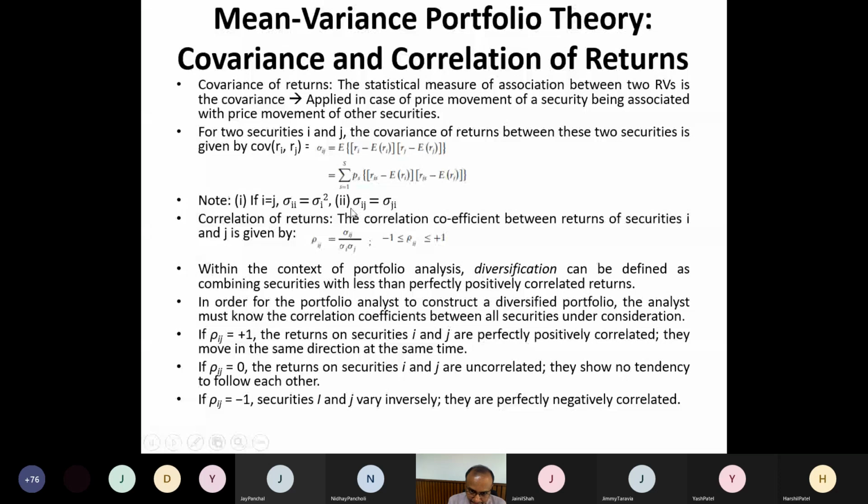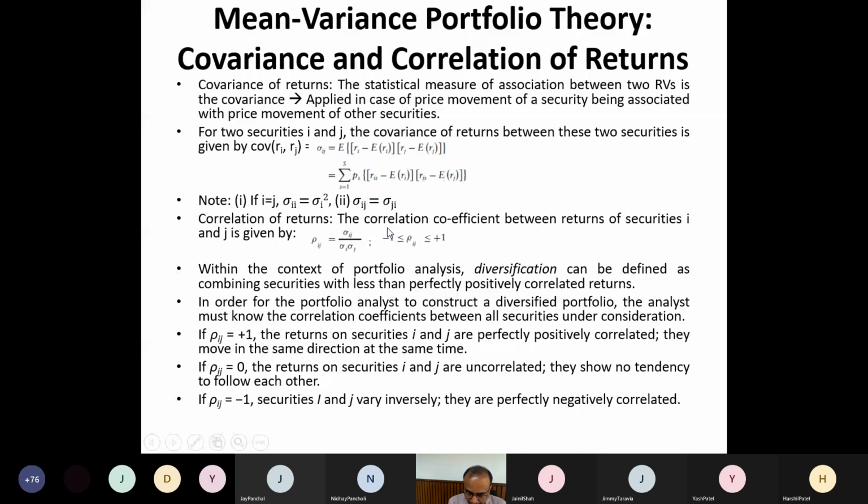Okay. Now this covariance defines one very important term which is called correlation of return. Remember, all these terms you will also study in probability and statistics, but there you study from a mathematics or statistics point of view. Here it is from a practical point of view, so we just take an introduction to it. Details you will study in that subject. Or if you have not studied, don't worry, you can just go through this definition.